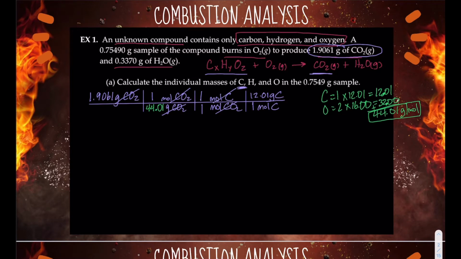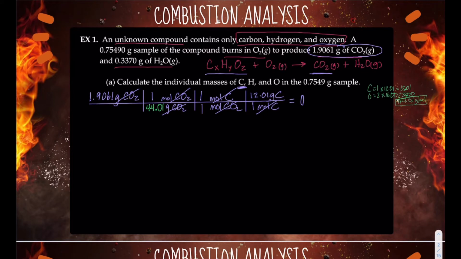Moles of carbon cancel, and now we multiply the top and divide by the bottom. Our answer comes out to 0.52016 grams of carbon. Our next step will be to determine the mass of hydrogen present in the original sample. So if you look at, again, our equation, you can see that we do have hydrogen present in the unknown